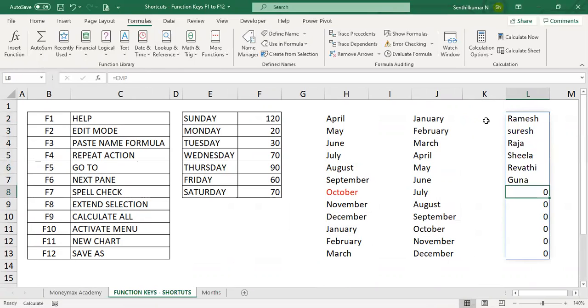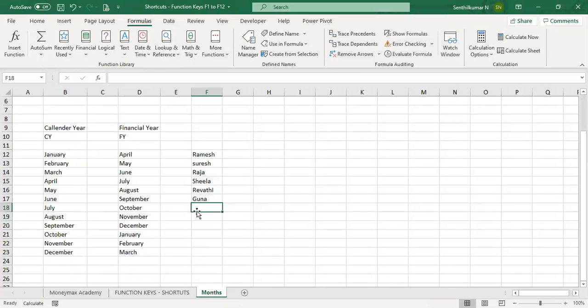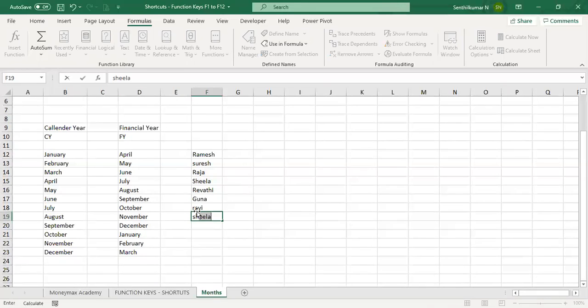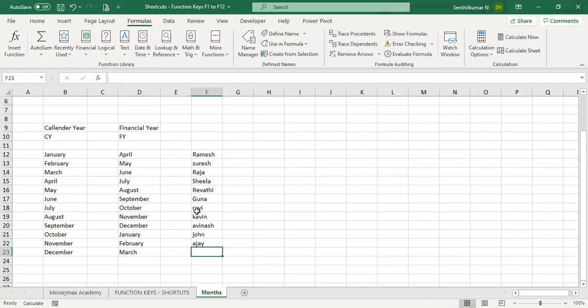It will not appear yet. Suppose you add here Guna, Ravi, Kavin, Avinash, John, Ajay. If you add more than that, you don't want to select the names again.